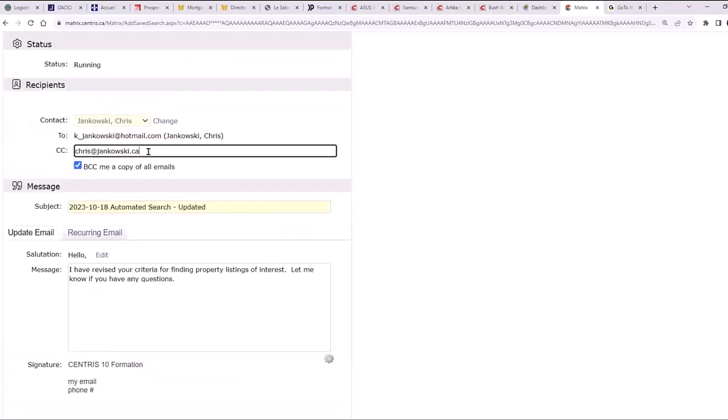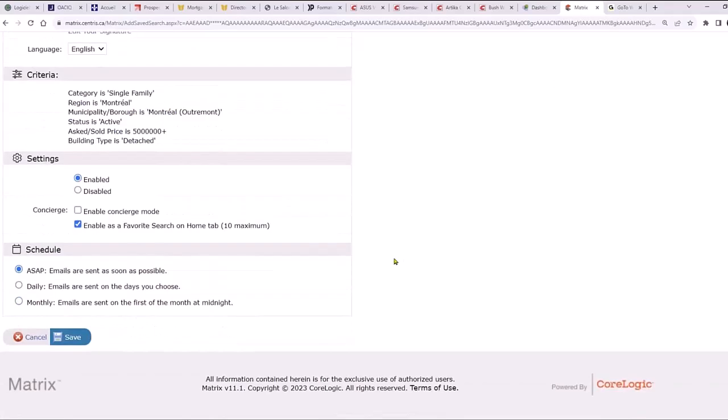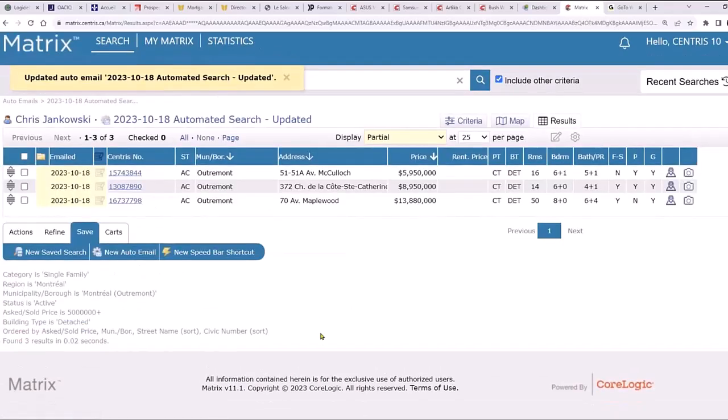And see, it kept the secondary email, and I'll click save. Now it's been updated. So if your client has any changes, the number of bedrooms, the price, garage or not, or parking outside, whatever the case may be, you can always update it on the go without having to recreate the automated search. You're just modifying it on the go, which is nice.